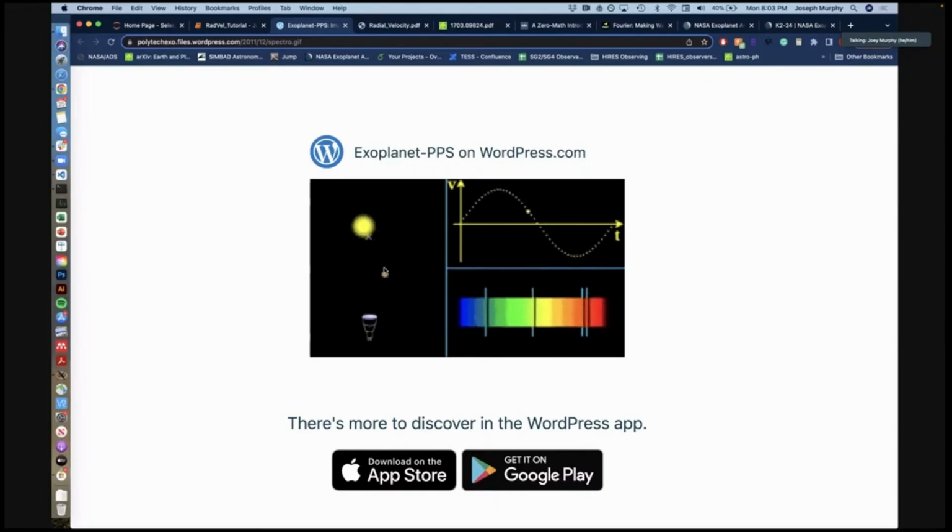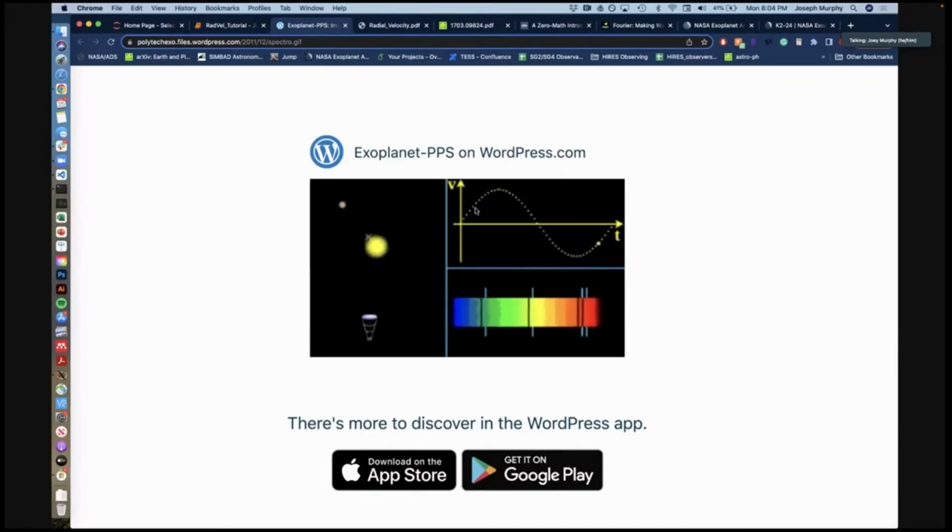Just as that star tugs on the planet with its large amount of gravity, that planet will tug on the star. And because the star is much more massive than the planet, the tug that the planet exerts on the star won't make it move as much as the planet orbits around the star. But both these objects are orbiting around the center of mass of the system. So what that means is that this star is actually wobbling a little bit back and forth as the planet tugs on it. And so if we observe this star with a telescope,